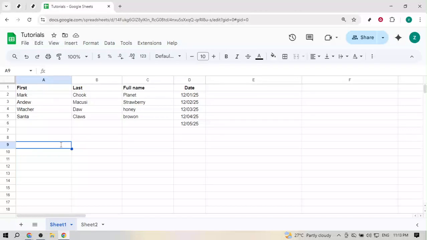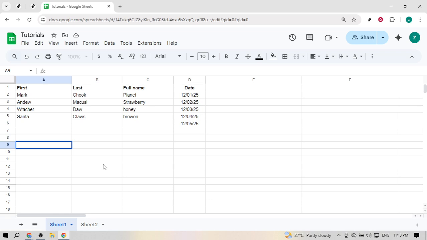In today's video, I'm going to teach you how to change date format in Google Sheets. First, open your spreadsheet in Google Sheets. Make sure the sheet that contains the dates you want to change is visible. If your dates live in a single column, it's best to format that whole column at once so everything stays